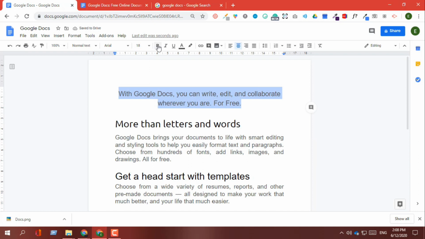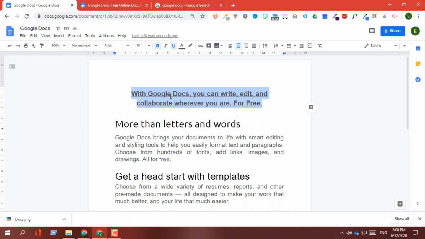So this is the option of bold, making your particular word or even sentence bold. If you click on this, it will be like this. All this particular selected text will be bold. If you click on this italic, it will be changed to like this. Or even if you click on underline, if you want to make this particular sentence underlined, click on this one, and it will underline your full selected text, or even the word or sentence.